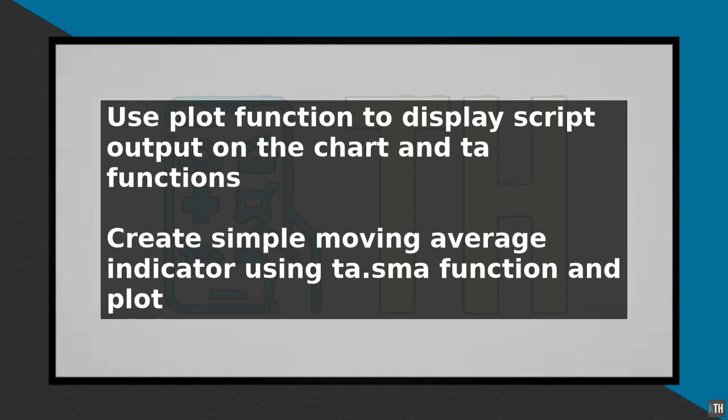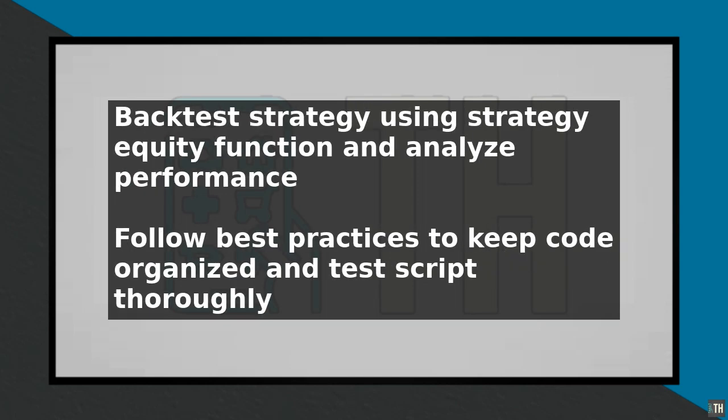To add a strategy to the script, use the strategy.entry and strategy.exit functions to generate buy and sell signals. To backtest a strategy, use the strategy.equity function to calculate the profit and loss of the strategy over a given period. The backtest results can be viewed on the chart, and the performance metrics can be analyzed using